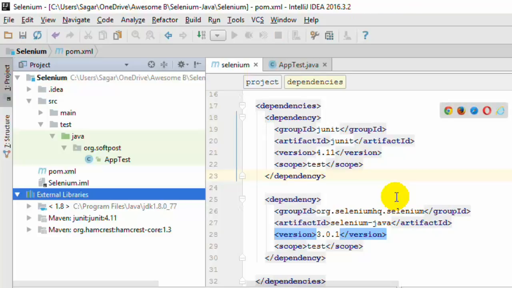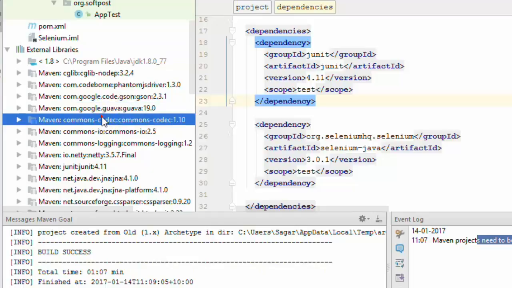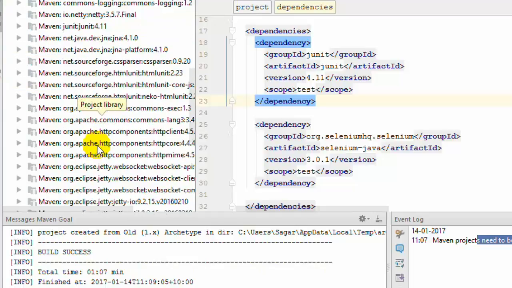You can notice that now that red mark is removed from that project name, and it is importing the Maven project. So on the left hand side over here you will notice that Maven dependencies are also appearing slowly. Now notice that all these dependencies have been downloaded,